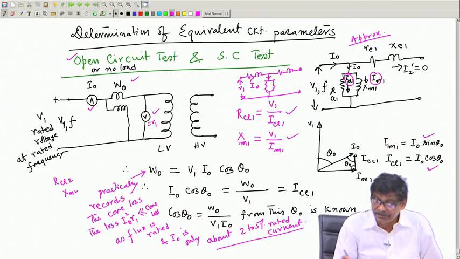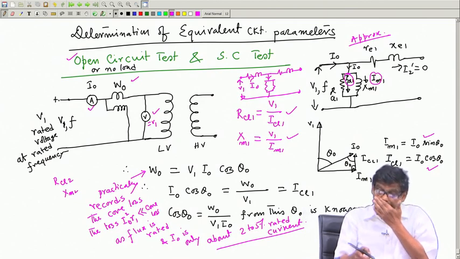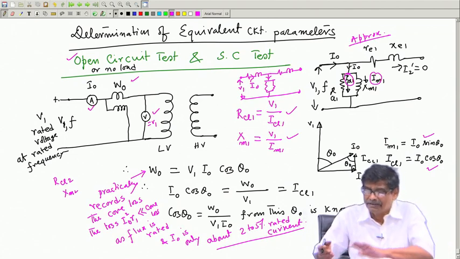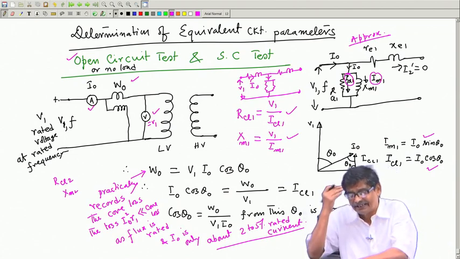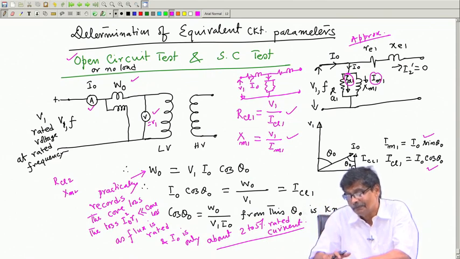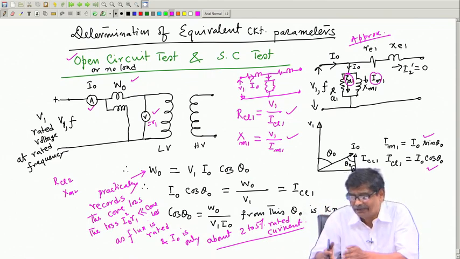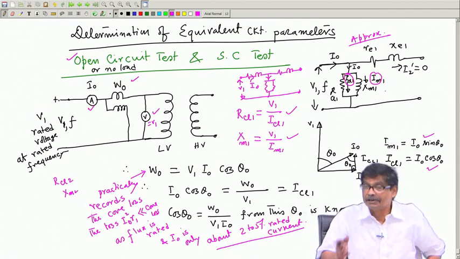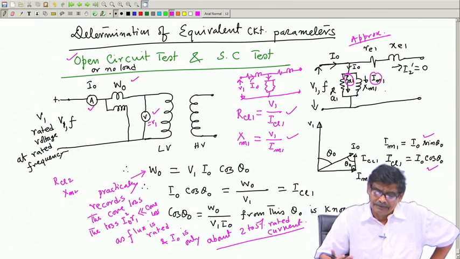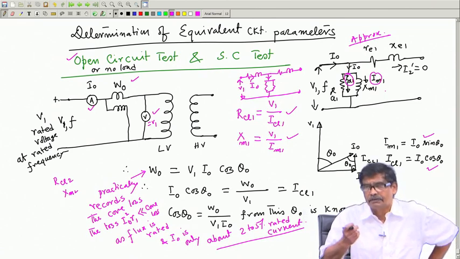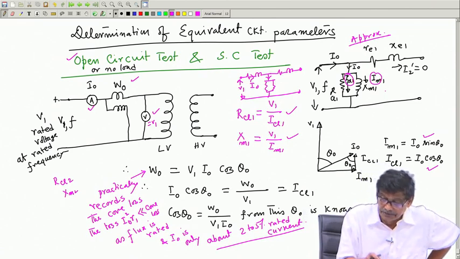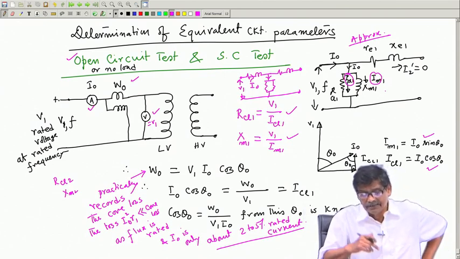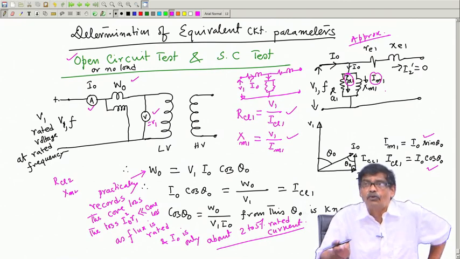Anyway, please go through this part and try to understand each bit of it, because this is the approximate equivalent circuit. Okay, if you forget about the exact thing from your mind, erase it, then the wattmeter reads core loss only, but that is not the case. There will be a little bit of copper loss in the winding, which we are neglecting. We are attributing the wattmeter reading to be fully the core loss.